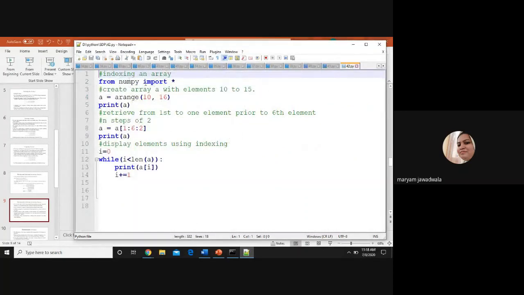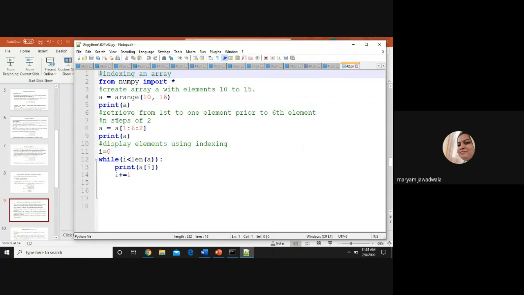I import numpy array over here. I create an array using arange function. So what are the elements? 10, 11, 12, 13 and 14. The system will print 10, 11, 12, 13 and 14, right? And here I'm creating another array, A is equals to A, 1, 6 and 2. Means it retrieves from first to one element prior to sixth element and step size is 2, right?